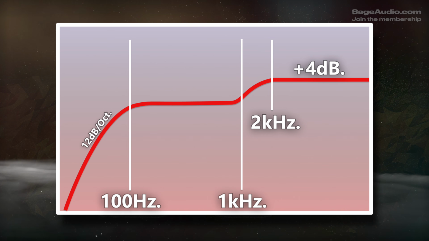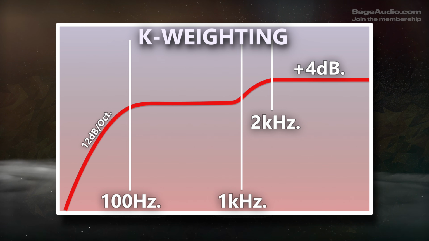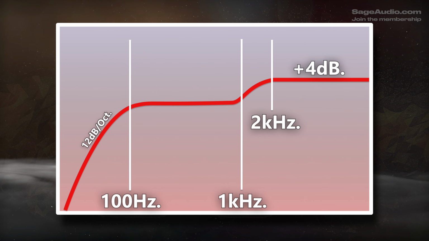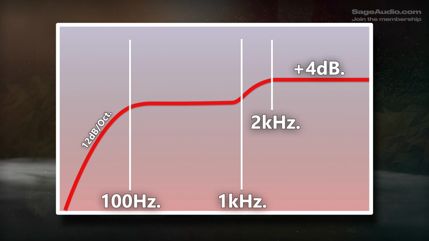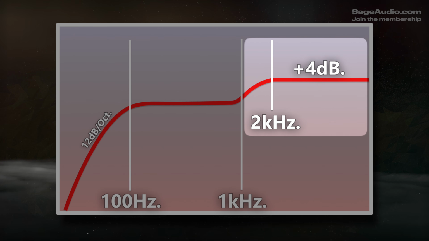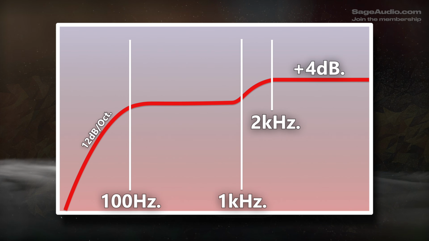Now, in determining the loudness, K-weighting is used to approximate the loudness at which we perceive frequencies more closely. To emulate how we hear low frequencies as quieter, a 12 dB per octave high-pass filter is set around 100 Hz. And to emulate how we perceive high frequencies as louder, there's a 4 dB shelf amplifying 2 kHz and above by 4 dB. Figuring out how to optimize a track for this standard took a lot of testing, so